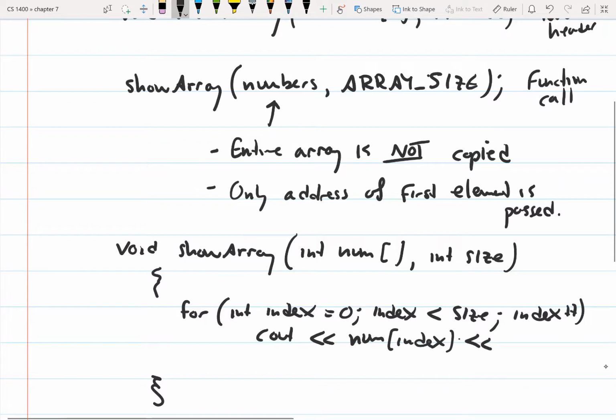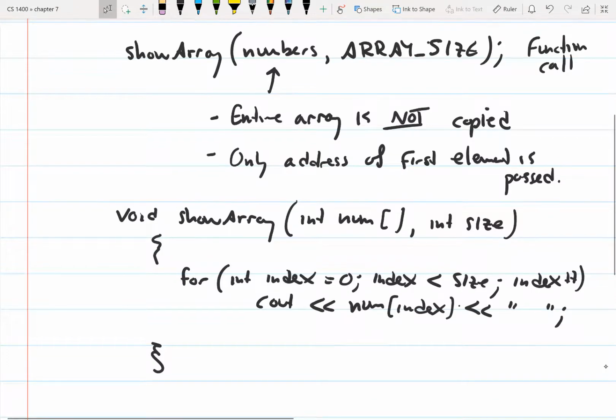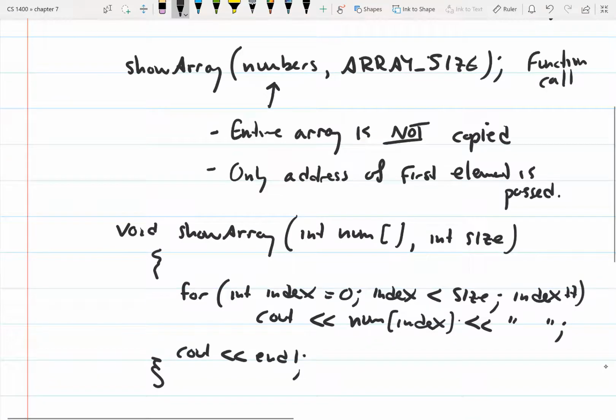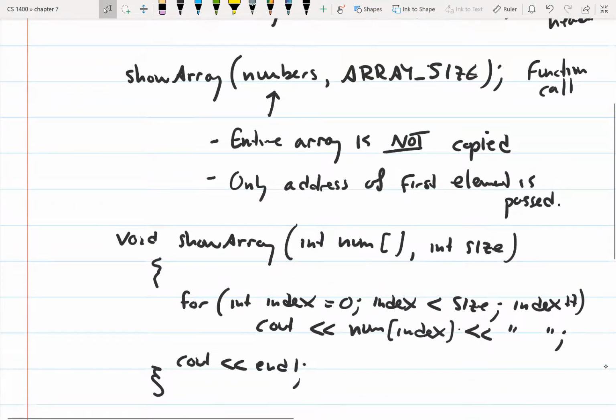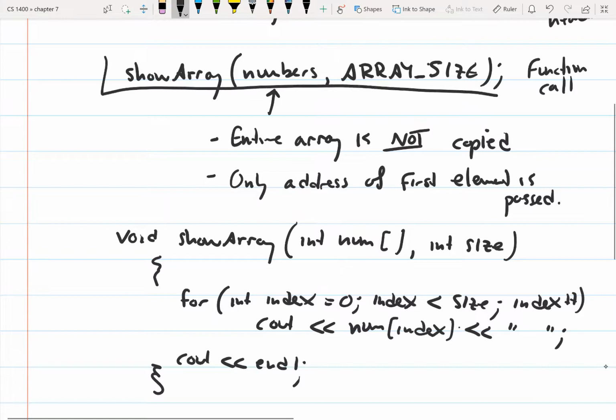Let's actually put some spaces between each of these. And then we'll just go to the new line after it goes through that loop. Basically, we have an array, and this is our function call. So we're sending an array to this function. We're sending it the name of the array, which is the address of the first element in the array. We're sending it the array size, and then when we go to our function, it's receiving the